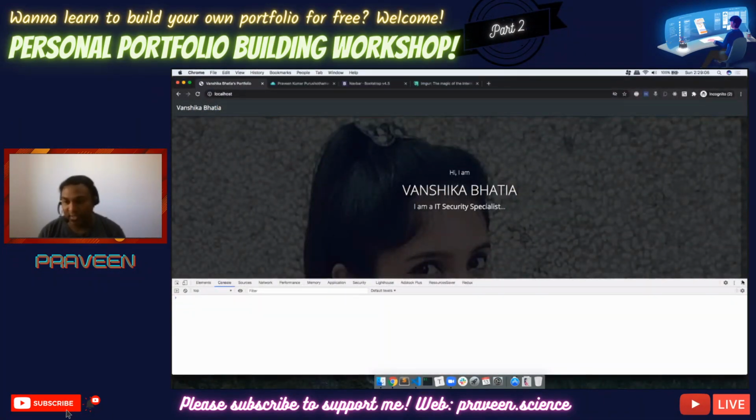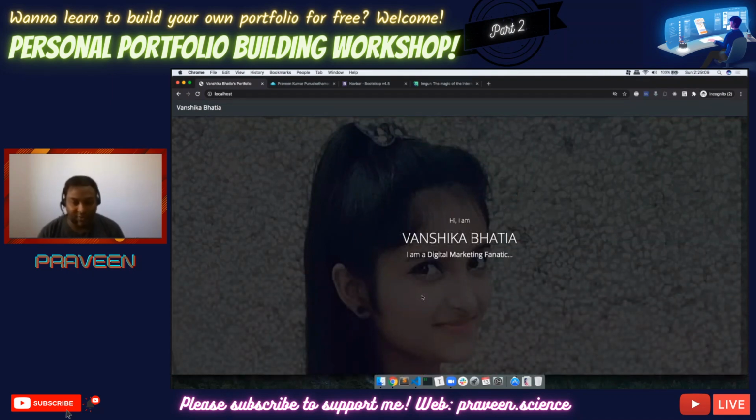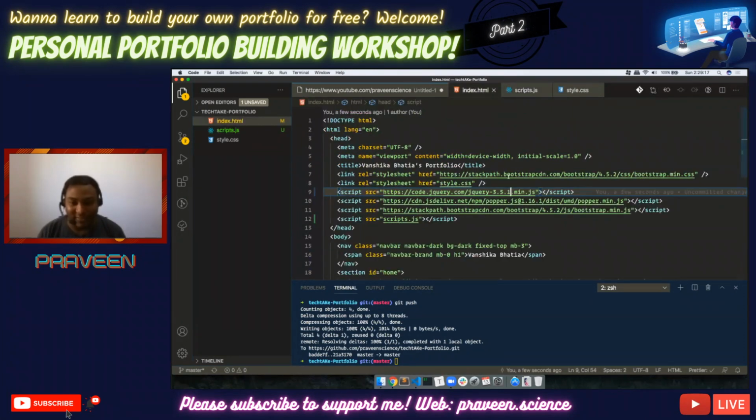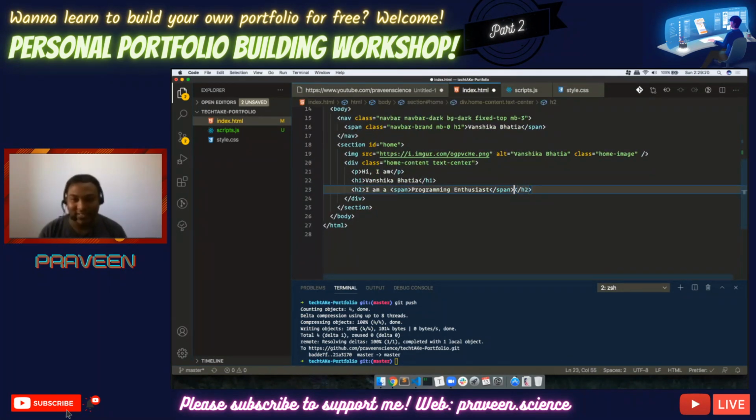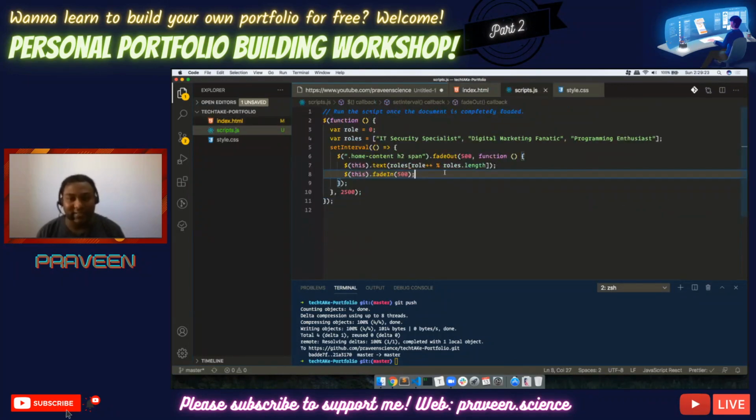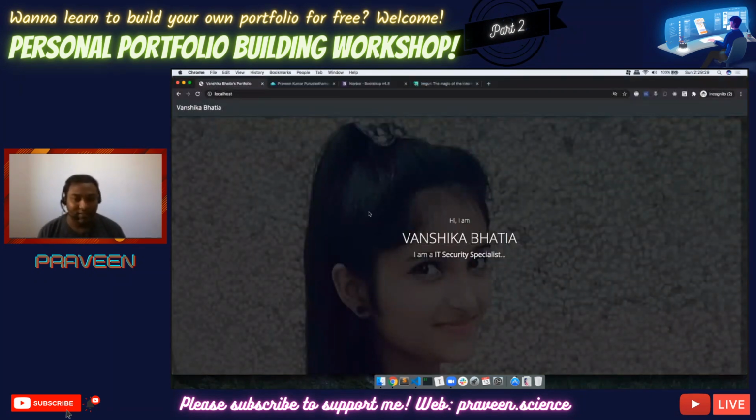Now after 2.5 seconds, it's going to fade out and then fade in, fade out and fade in. That's what is going to happen. Now this looks really very bad, so I'm going to put these 3 dots inside this, and then inside the script, I'm going to put this plus 3 dots. If I refresh that, it's going to fade out, then fade in, fade out, fade in. Works. Perfect. So for now, we have done the introduction part. So far, how was this?